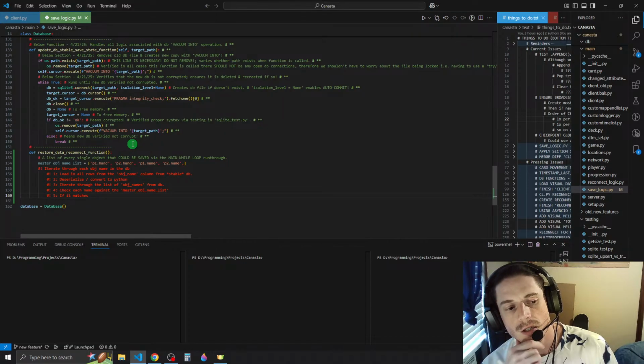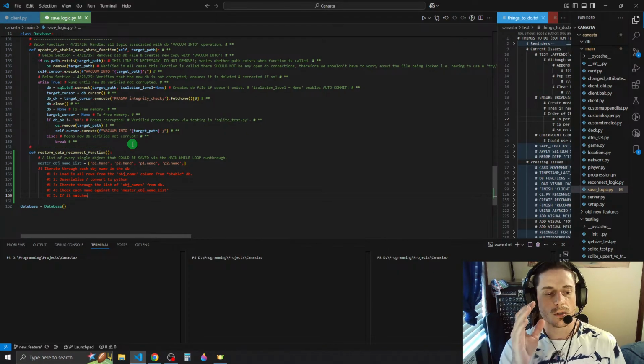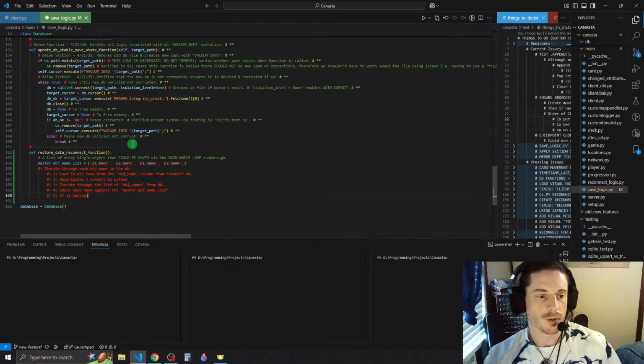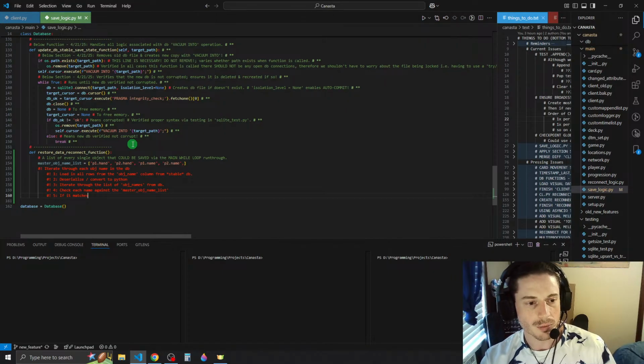How do you get it to... Well, then you could use exec or eval, right? I'm trying to think of a way without using exec or eval. But let's say P1 hand was the first one in the list, we would compare it to the master object name list.